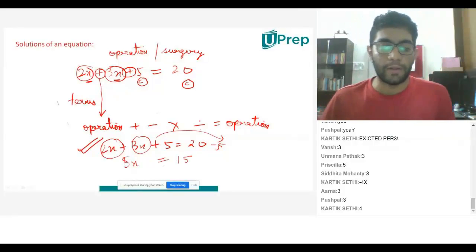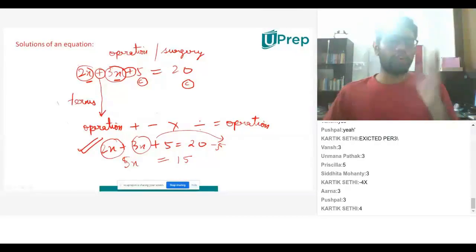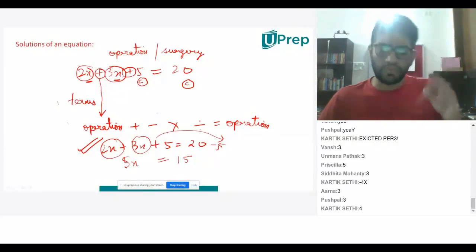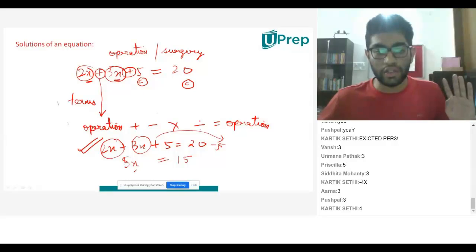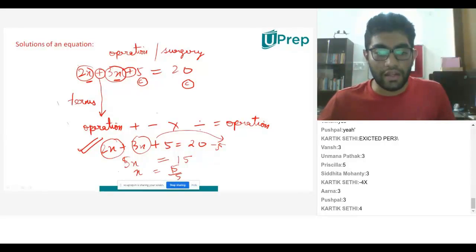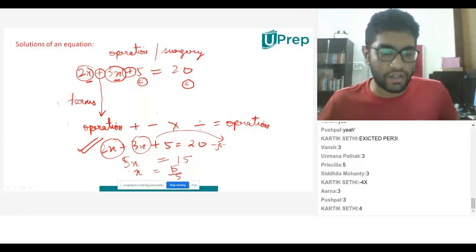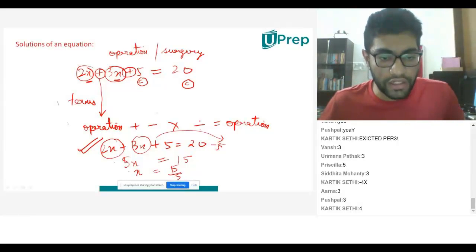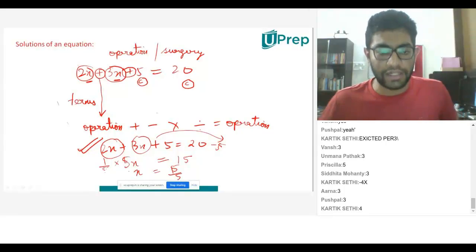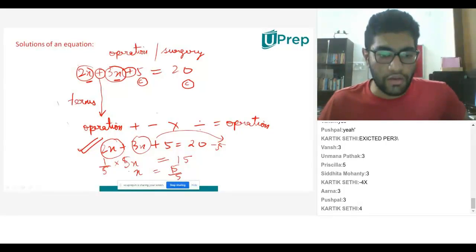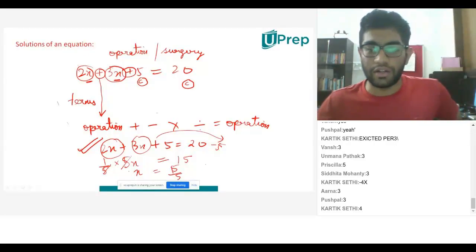So what happened? It became 15. Now what did you do? You told me you do not like 5. I do not want 5 here. 5 you go away. So what did I do? I did 15 divided by 5. Why? It was multiplying over here and divided over there. And you know how I got that. I multiplied by 1 by 5. It got cancelled and the